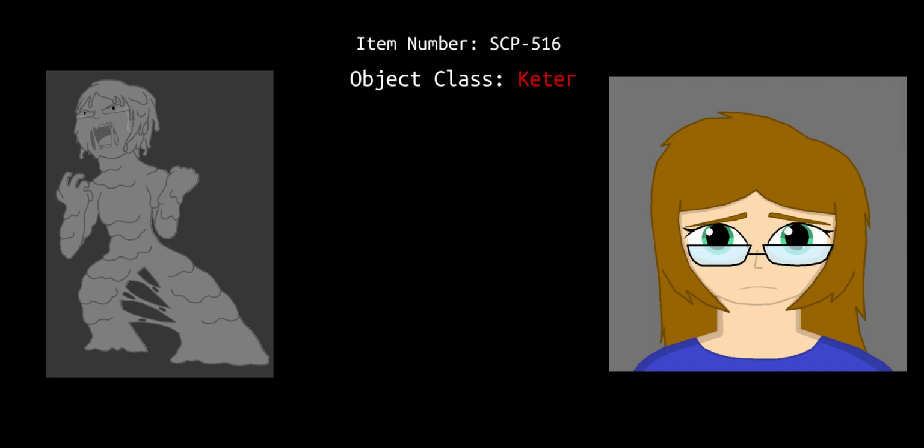Test number 516-0915-005. Date: September 15th, 2000. Researcher: Dr. West. Prompt: allow D-Class 3364 to draw an instance of Rattus norvegicus, brown rat, using SCP-5161. Result: